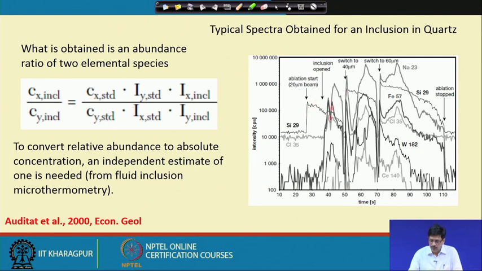So, these are the different steps in which the laser beam is used. Initially it is a 20 micron beam, then a 40 micron beam, up to 60, and as the laser spot size is increased, we are getting higher and higher signals of these elemental species. We could see chlorine 35 can still be analyzed, and here the different element peaks are shown. For example, this is tungsten, chlorine, this is iron, and the sodium peak, sodium 23, we could see here.